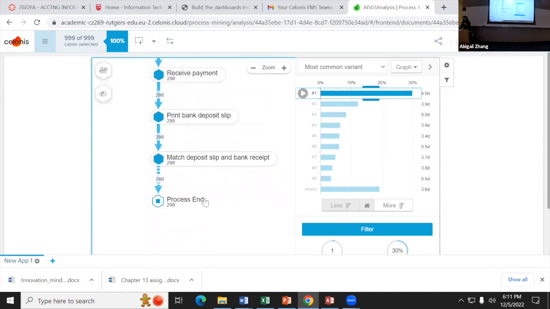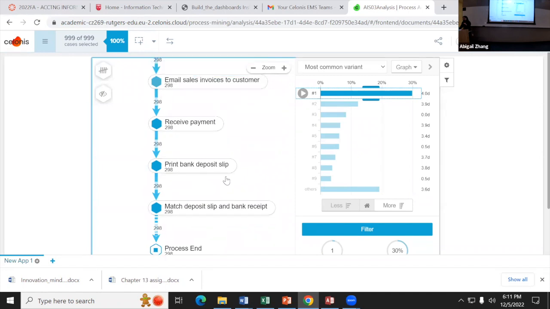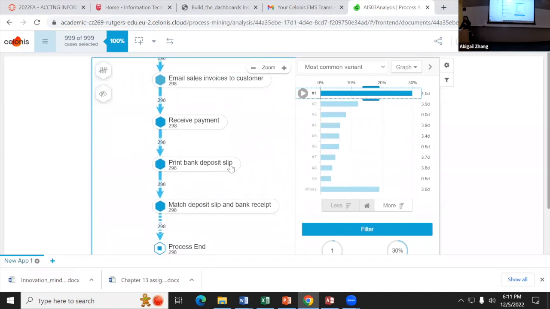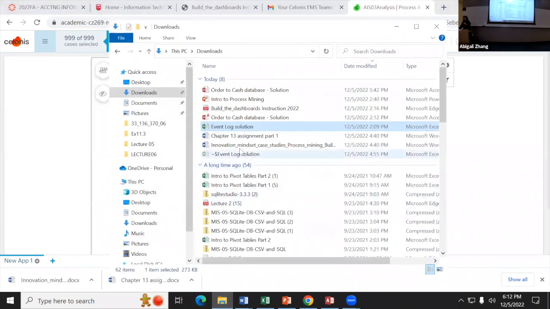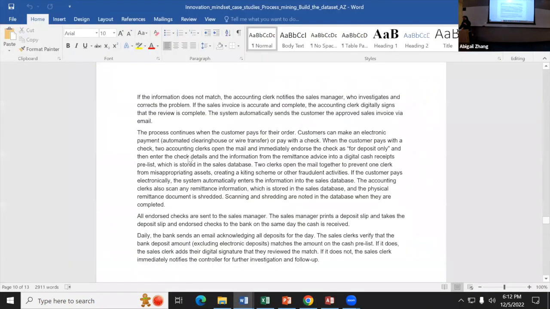Now I want you to go through the sequence of this variant and tell me, can you classify this as a happy path? Remember, the happy path is the path that is the desired sequence of activities per company policy. So if you forgot about our desired sequence, we should go back to the exercise that we did. Remember in